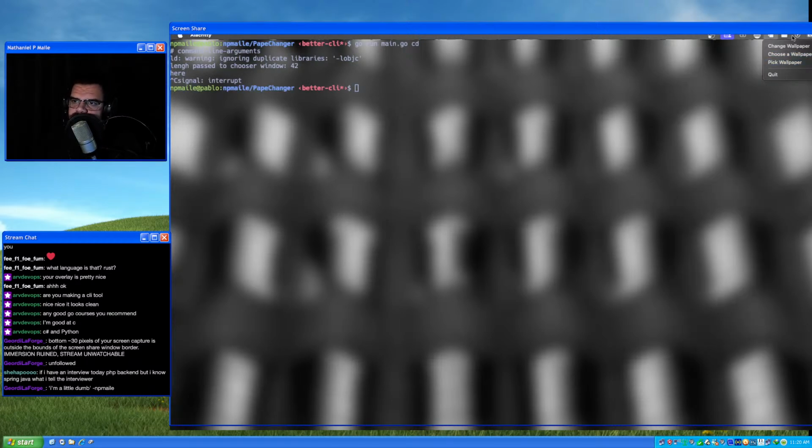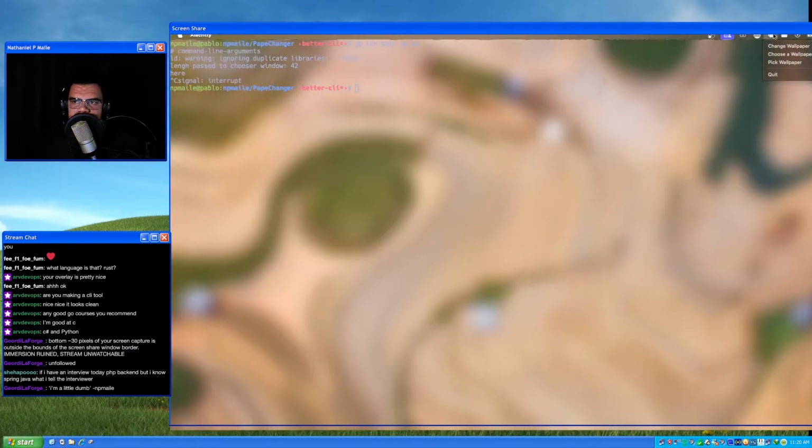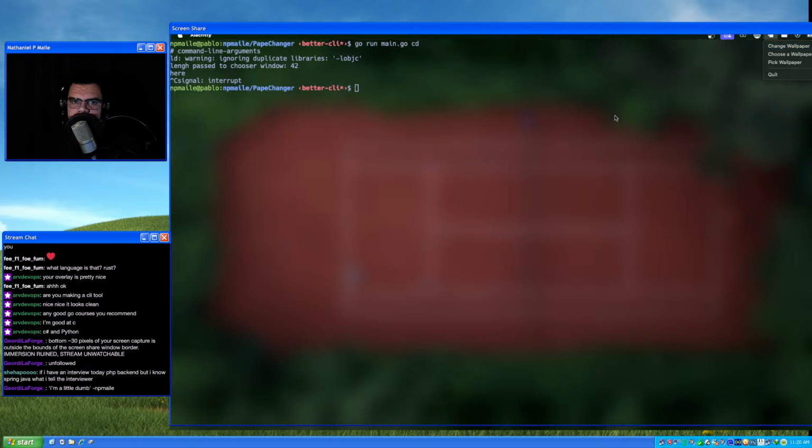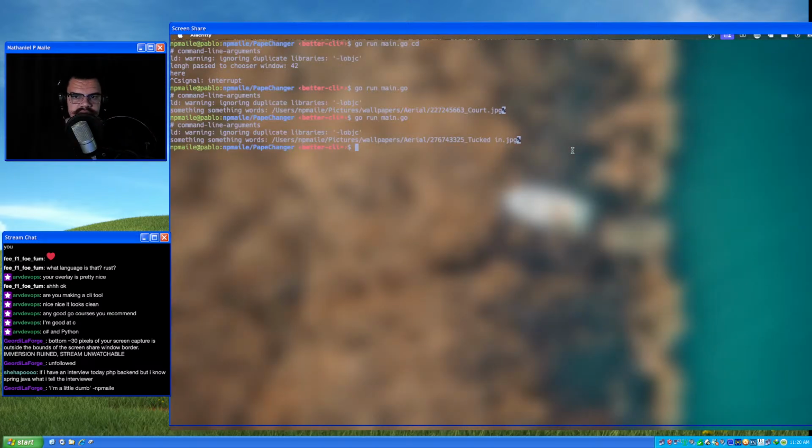I'll have to fix that on a Linux machine. Change this again. Oh, I need something you can see. There we go. Go run main.go. Switching them. So that's fun.